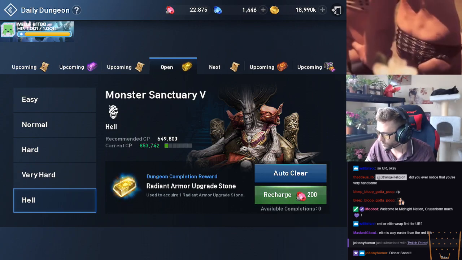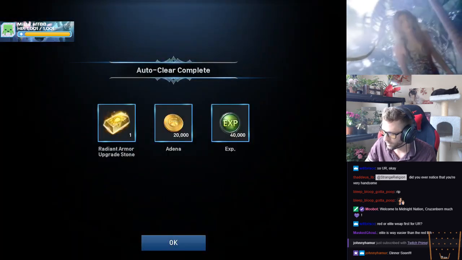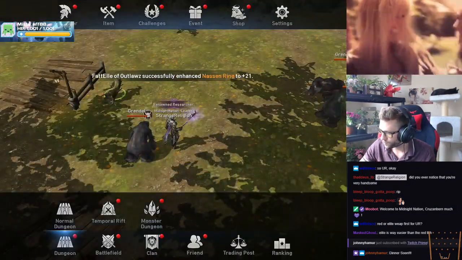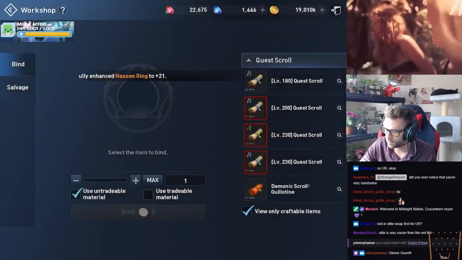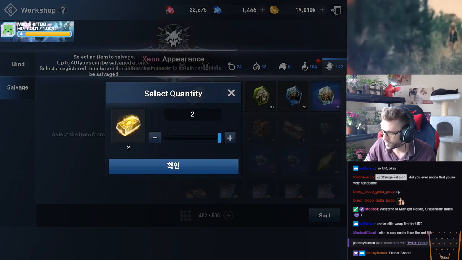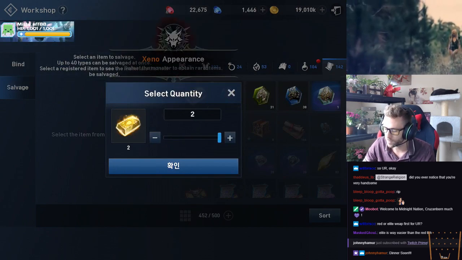So to give you a quick example, we're going to go ahead and recharge Instant Clear. For 200 red diamonds, we did pick up a Radiant Stone. Now if we go into Item Workshop Salvage, we can then salvage those Radiant Stones, which is a really good thing to do, because you only need 10 for your UR